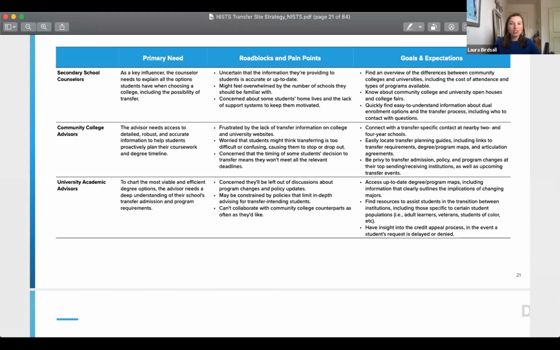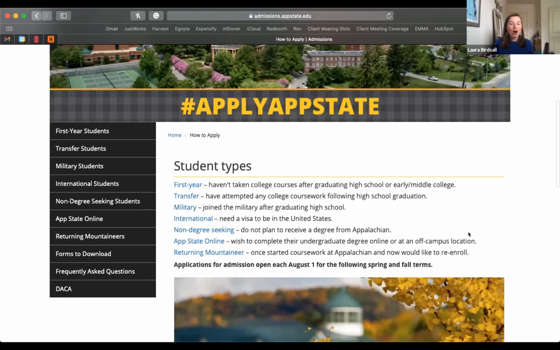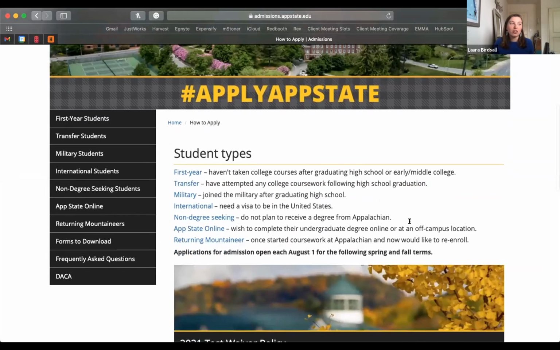Absolutely. And there's one more thing that I wanted to address. Another question that we saw come up was how do you address first years versus transfers or different populations of students on your website? I'm going to pull up App State's website, who we actually talked to when we were doing some research for the site strategy guide. You can clearly lay out who you're talking to on your website with routing links. So when you go to the App State site and you go to their how to apply page, they right off the bat show you these are some different student types: first year, transfer, military,